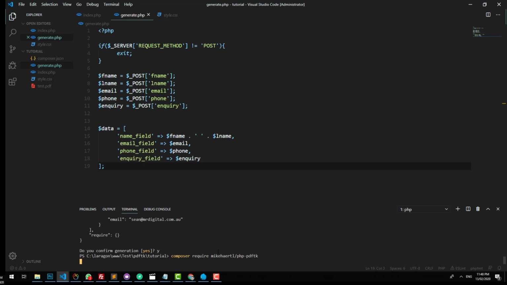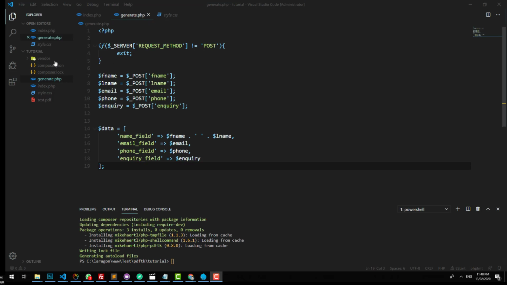That is going to automatically install the php-pdftk library, ready for us to include in our project. Cool, so if you're familiar with Composer, you'll know that it creates a vendor folder which stores all the PHP libraries we are going to use. And in addition, with this tutorial, I'm going to do something called PSR4 autoloading, because I'm going to be creating a class to do this generation of the PDF. I just need to set up Composer to allow my classes to be automatically loaded